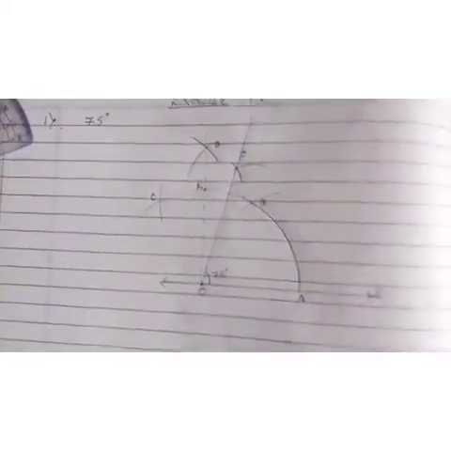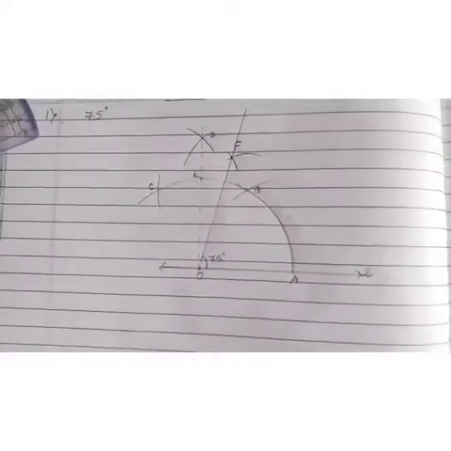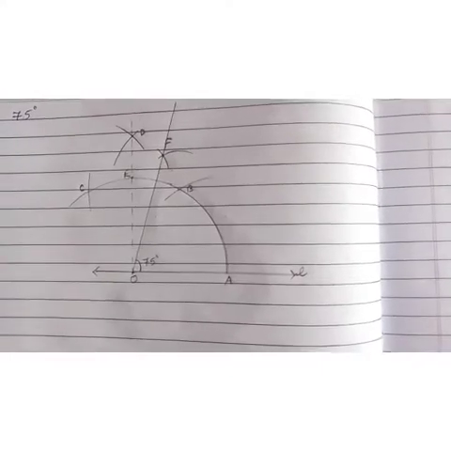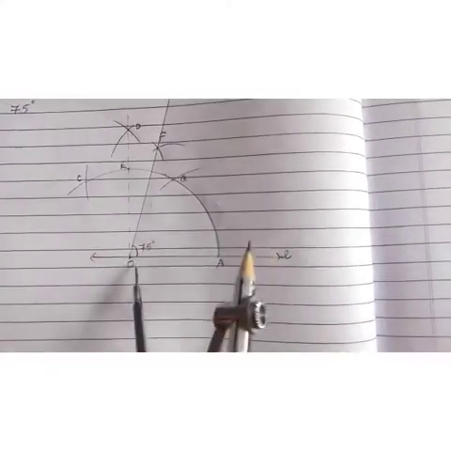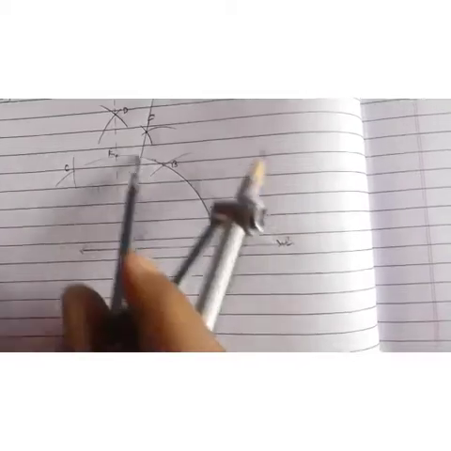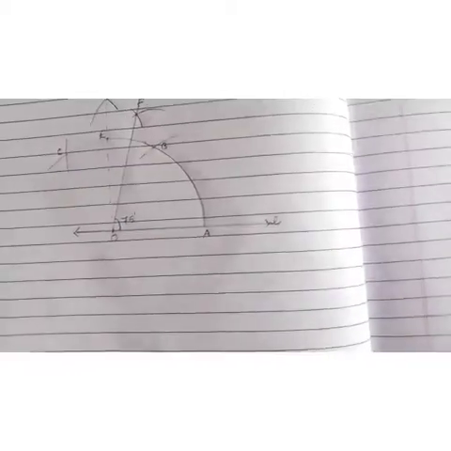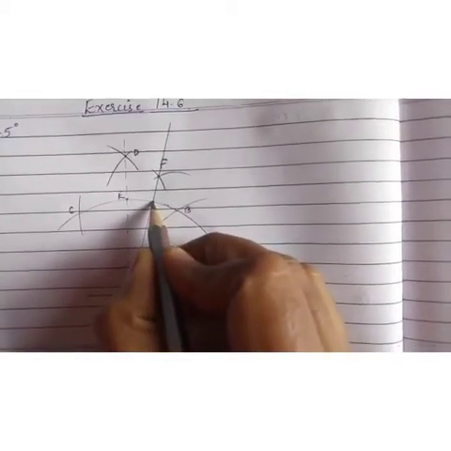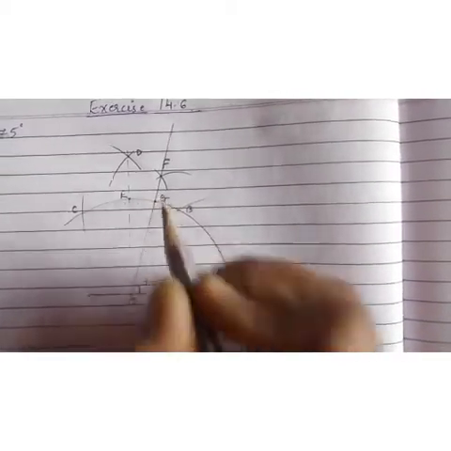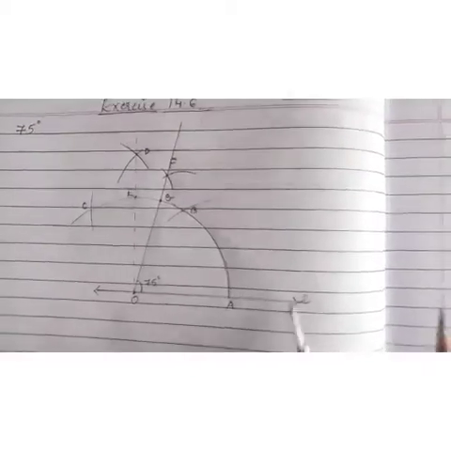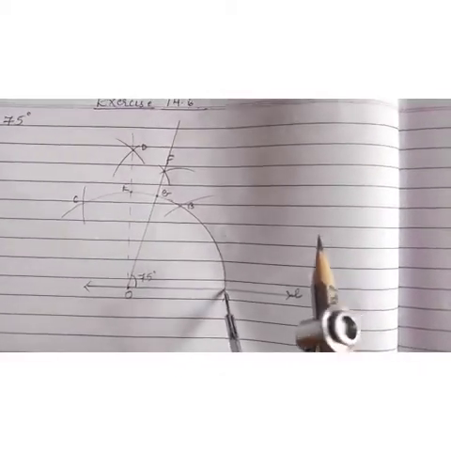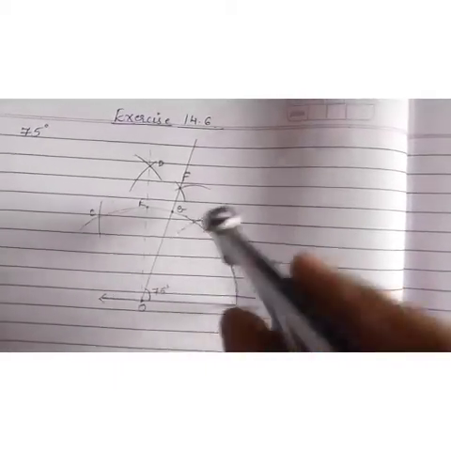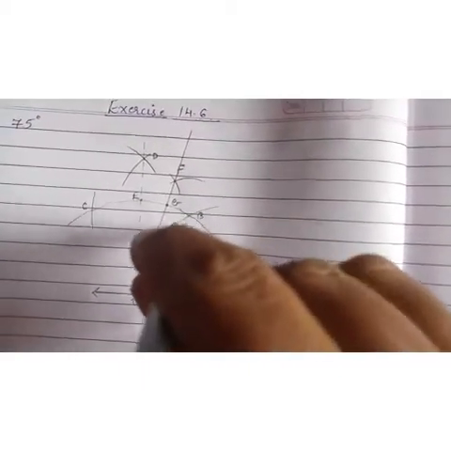Yes. So we got an angle of 75, but still the question is not finished. We have to find the line of symmetry. So for line of symmetry, what you have to do? First draw an arc. The arc is already there, so no need to draw. So mark this point here. Mark this point as G, and with A as center and radius more than half of AG, I will take this much.